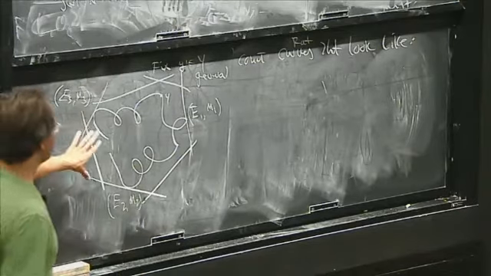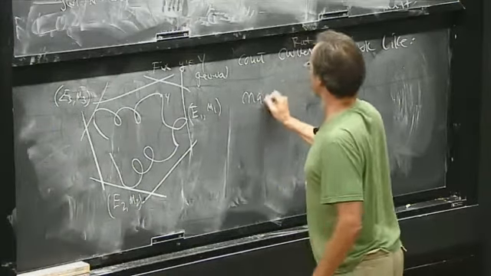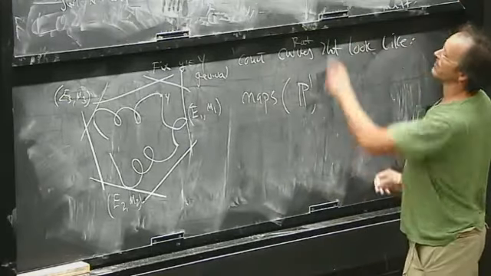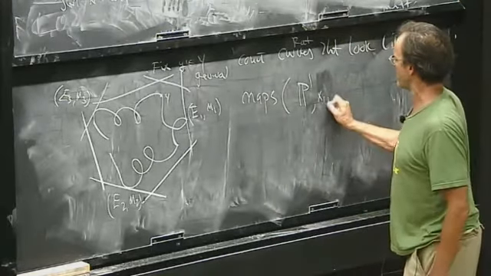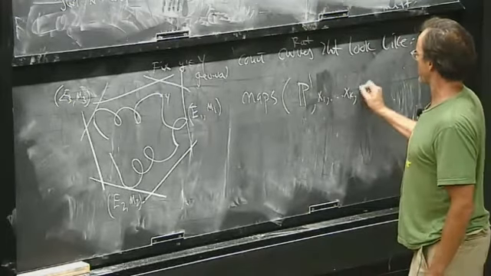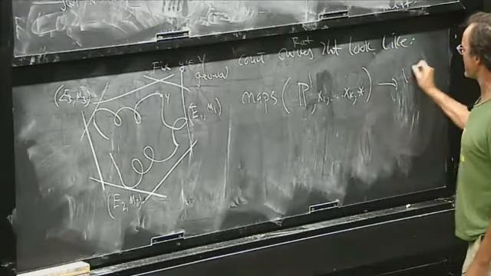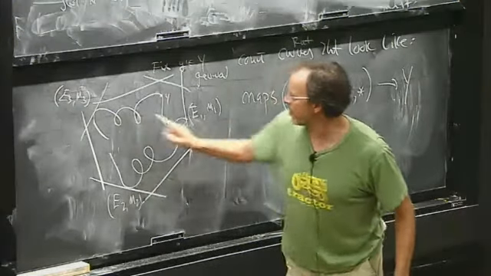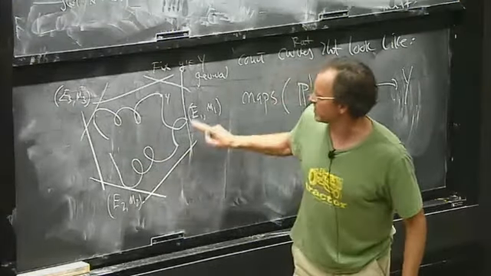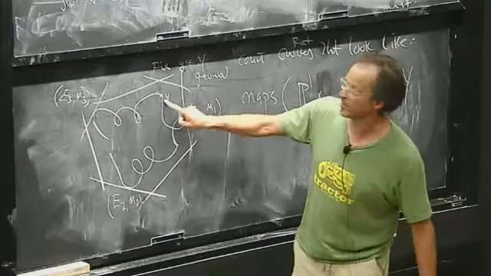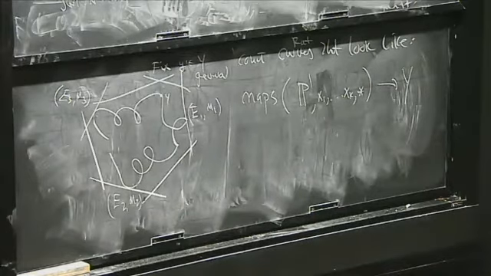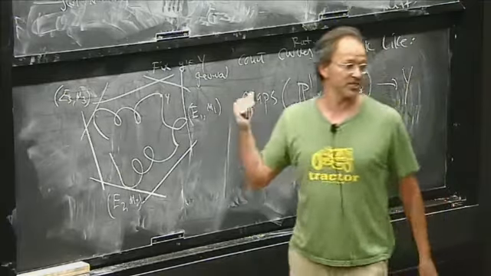So what does that mean? It means I consider maps of P1 with k plus 1 marked points. I'm doing the k-point function, so I have points x1 up to xk, and then one more point, I'll call it star, into Y, which look like this. The inverse image of D will be k points with the given multiplicities, and this point star goes through the point Y. The fun thing is you just look at the naive dimension count for this space, which I'm almost positive in these cases has the right dimension.